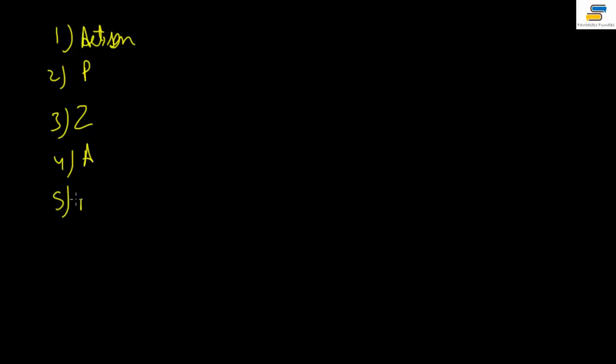I'll just clear the screen. We have talked about number 1, artisan, number 2, peasantry, number 3, zamindar, number 4, agriculture, and number 5, industry. Now all these things impact the economy of India. Next thing that impacts the economy of India at this time,